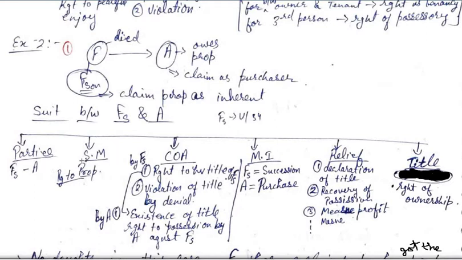जब भी आप सूट फाइल करोगे तो या तो किसी प्रॉपर्टी से रिलेटेड होगा या फिर अदरवाइज किसी और लीगल राइट से रिलेटेड होगा. सो यू कैन कॉल इट दैट पर्सनल राइट. Whenever you file a suit, the suit will be related to either of obtaining some property or any right upon some property or any other personal right. So subject matter of the suit will always be either proprietary or it will be personal. It can be property directly or it can be the right pertaining to the property और इट कैन बी एनी